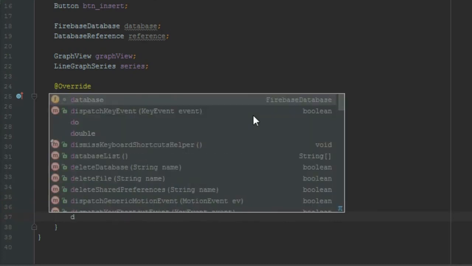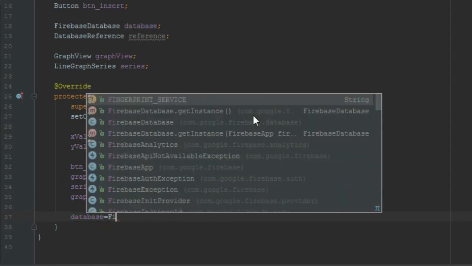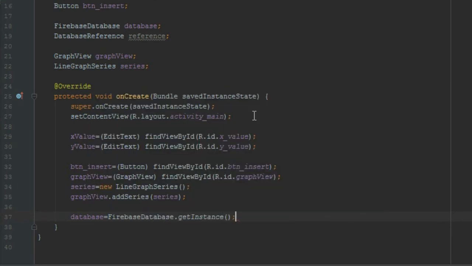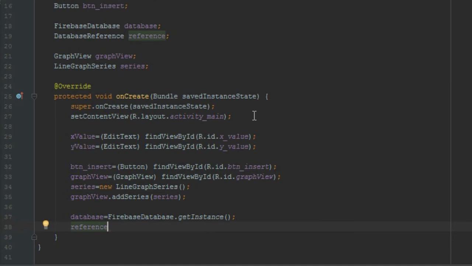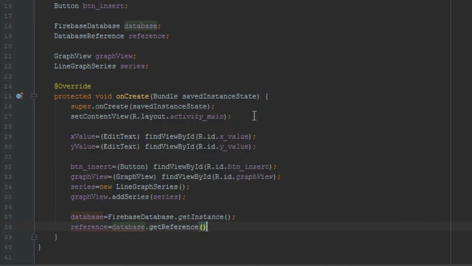So database equal to FirebaseDatabase.getInstance, and after that reference equal to this database.getReference, and in the reference provide chart table. Okay,